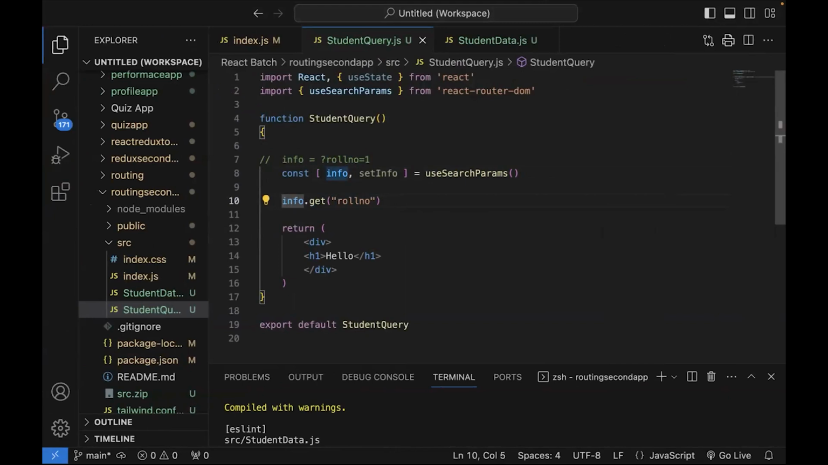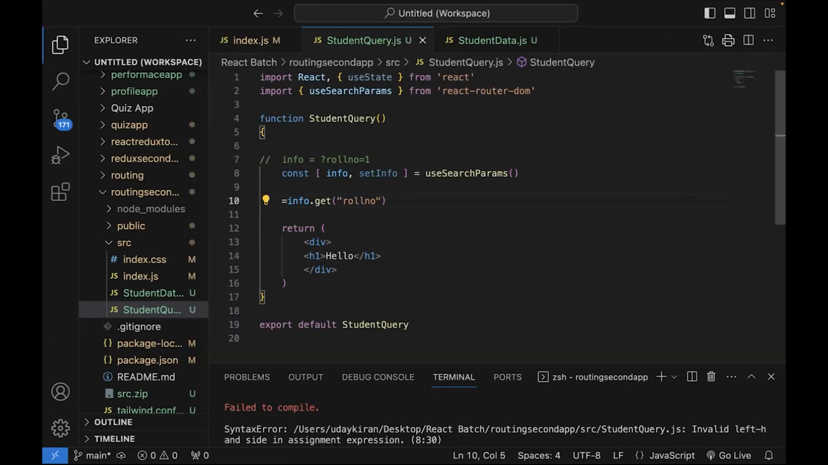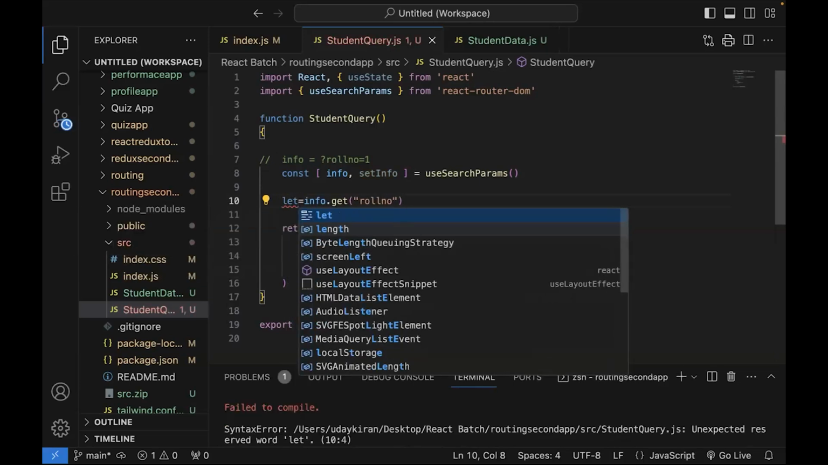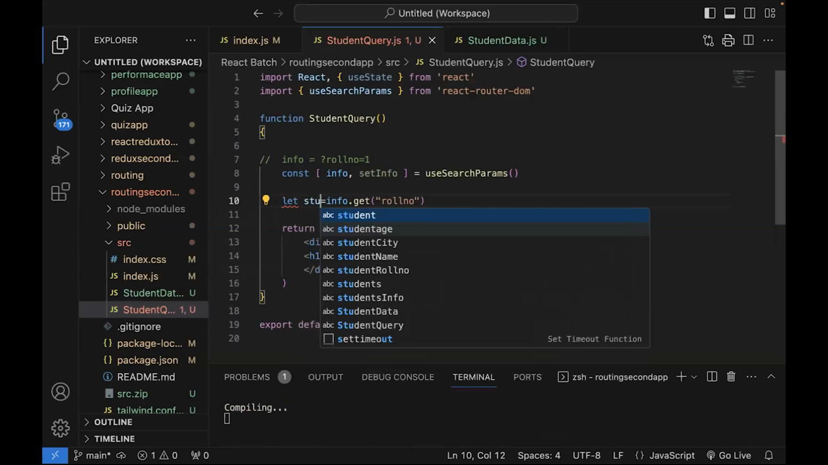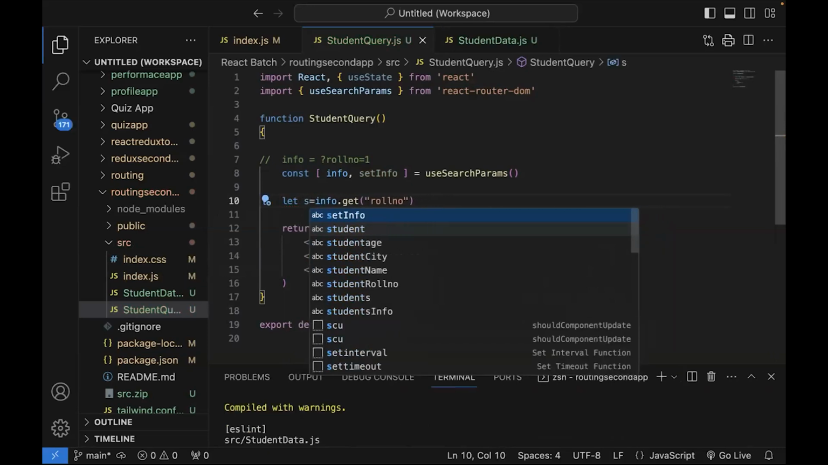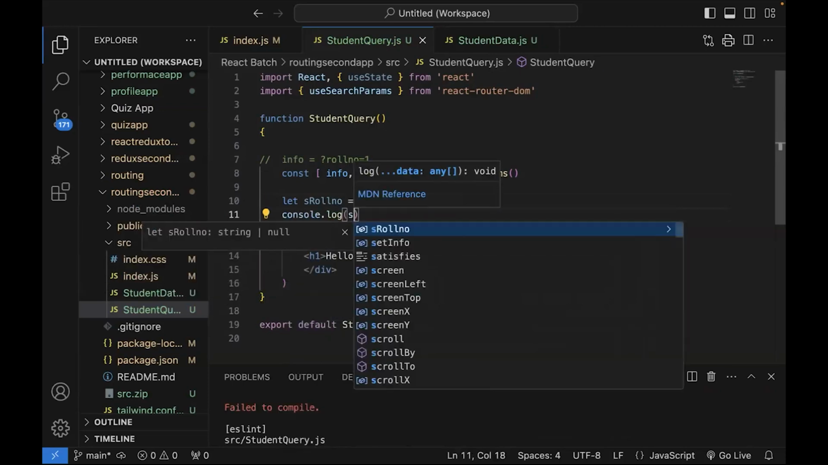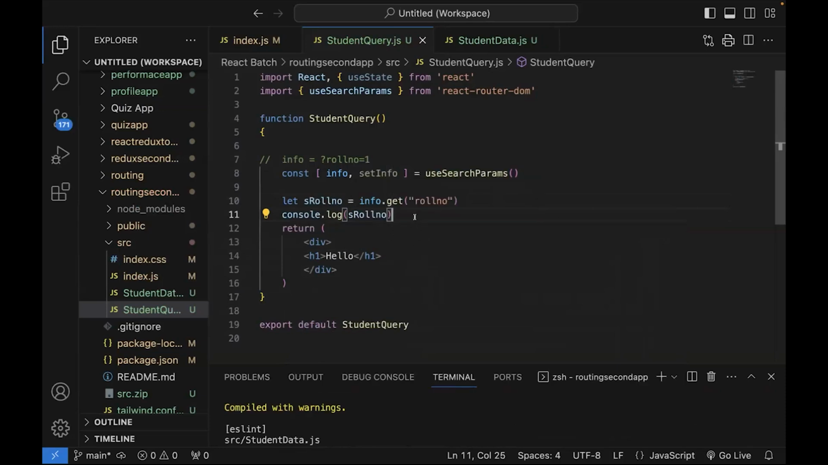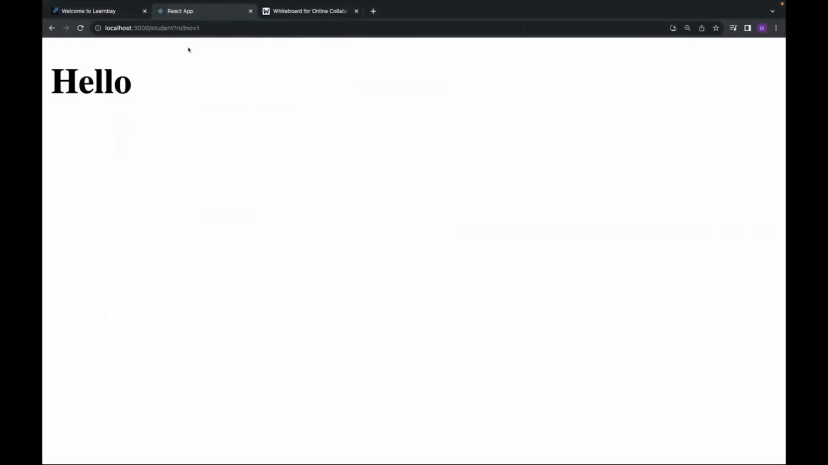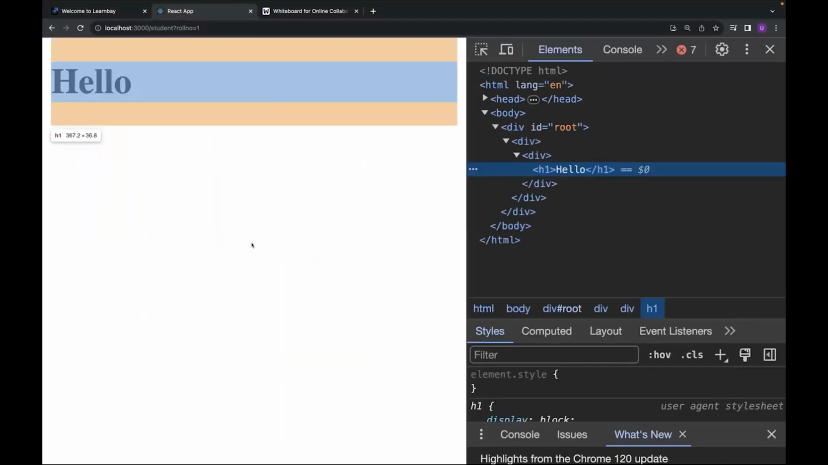Now, after getting the value, I want to store that value in a variable. Let me give the variable a name, something like student roll number, say yesRollNumber. Maybe for checking purposes, let me also print it. So console.log of yesRollNumber. Let's check whether yesRollNumber is exactly printing that query parameter value like 1, 2, 3, 4 or not. Right click, inspect,